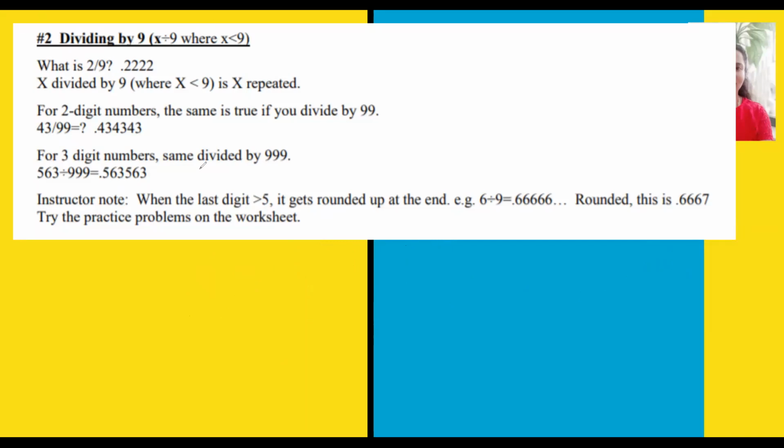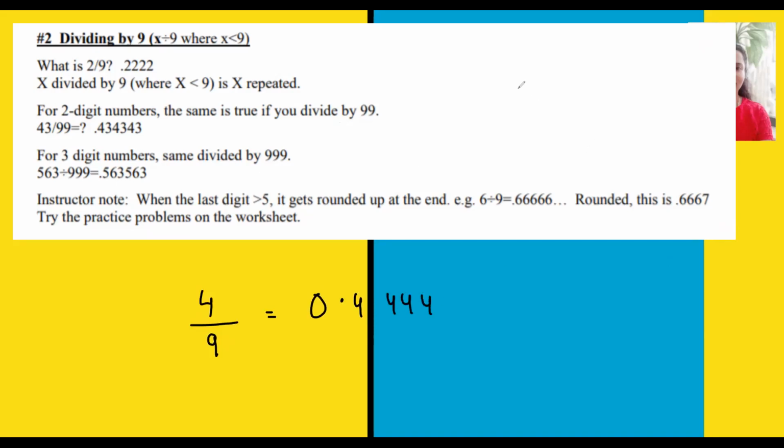So here, what is 2 by 9? x divided by 9, x is repeated, 0.2222. See, for a 2-digit number, the same is true if you divide by 99. For a 3-digit number, same divided by 999. So you must notice these facts and keep them in your diary, because that will save you a lot of time during the exam. So whenever x is divided by 9, like 4 by 9, if you divide, it will be